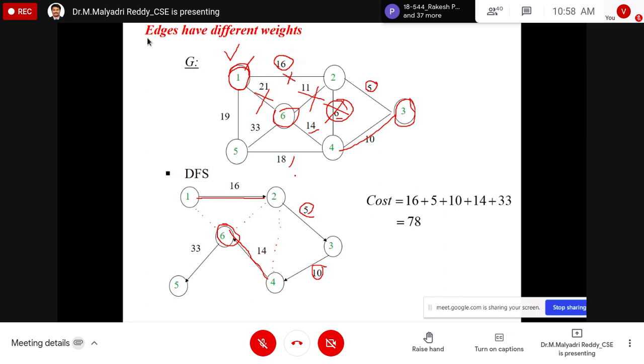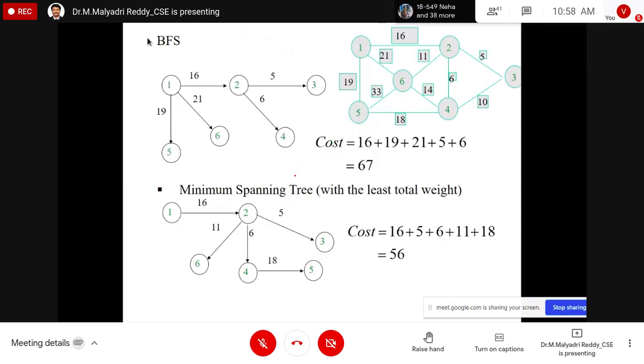Suppose I choose BFS, what is the minimum cost? Suppose it is the source vertex. According to the rule of BFS, I need to visit all the vertices which are linked to 1. Sir, all are high costs, no? But I have to follow the formula only. Okay, minimum spanning tree, got it, sir. Compared with this one, the minimum spanning tree is the best. I will prove that one. This is the DFS method. This is the BFS method. This is the spanning tree method.